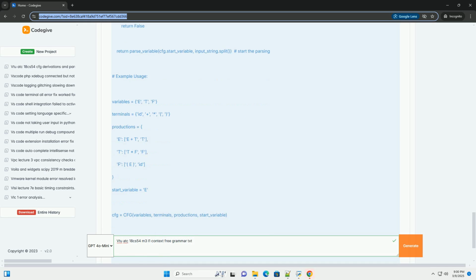V, a finite set of variables, or non-terminal symbols. These represent syntactic categories, for example statement, expression, term. T, a finite set of terminals. These are the basic symbols of the language, for example ID, plus, asterisk, if, else. V and T are disjoint, they don't share any symbols. P, a finite set of production rules. Each rule has the form A → alpha, where A is a variable from V, and alpha is a string of variables and terminals, from (V ∪ T)*. S, the start variable. This is a distinguished variable in V, usually representing the top-level construct of the language, for example